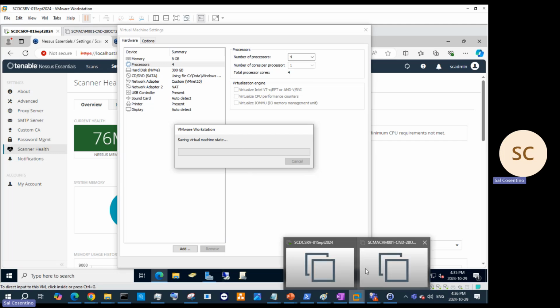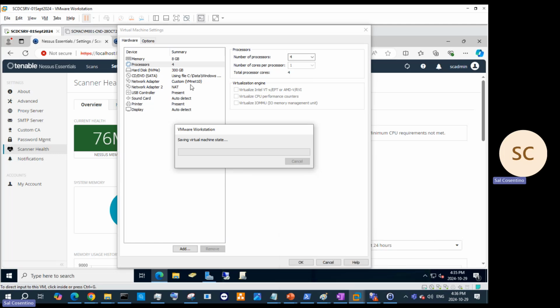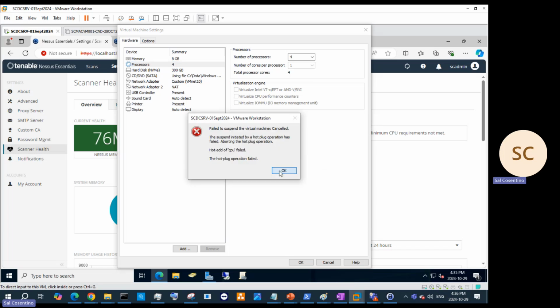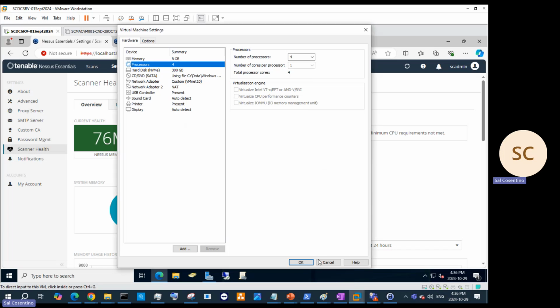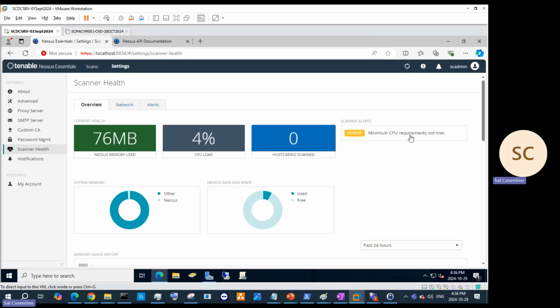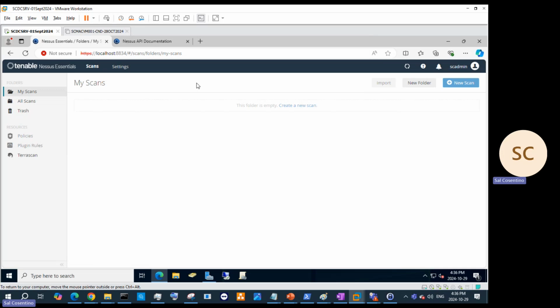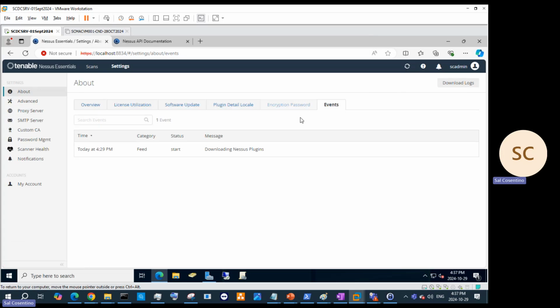Okay, so all right, so that's fine. Okay, that's fine. I'm gonna cancel that. So remember, for CPU, I can do that later. I don't care right now. So if I go to my scans and I click on my scan, and I'm gonna create. So this won't work until I finish this. So it's got to finish